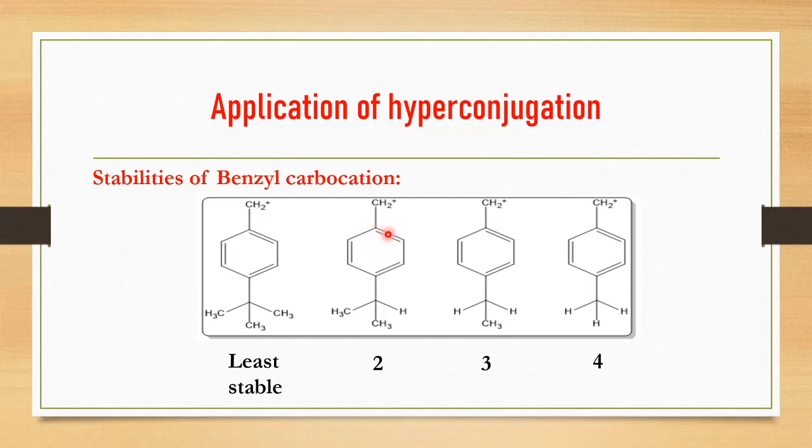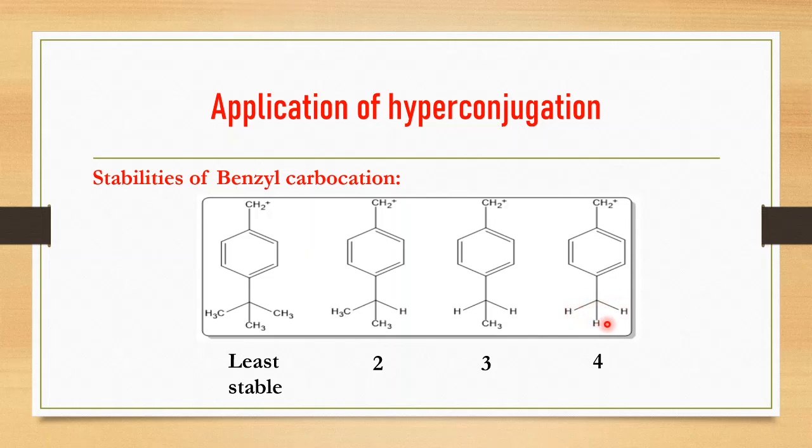Similarly, if you see this structure, this carbon is sp2, which is having one adjacent carbon, and this adjacent carbon is having the hydrogen. So definitely this molecule will show the hyperconjugation because of this one hydrogen atom. Now if you see structure number 3, again this is an sp2 center, which is having one adjacent carbon having 2 hydrogen atoms. So it will show the hyperconjugation because of 2 hydrogen atoms. While in this case, this adjacent carbon is having 3 hydrogen atoms, and it will show hyperconjugation because of these